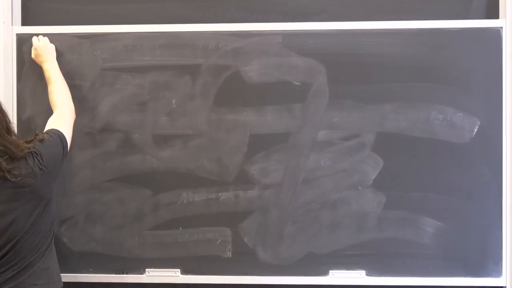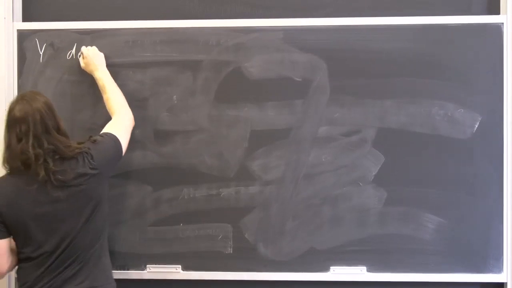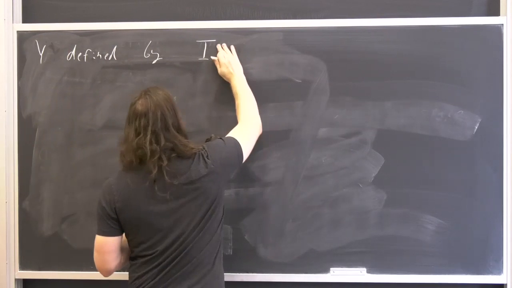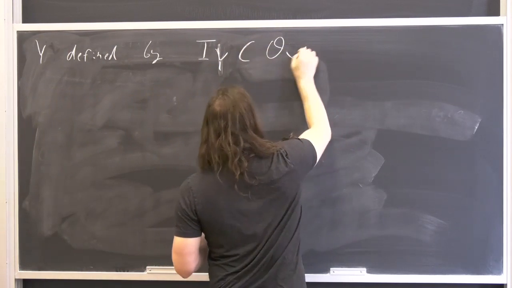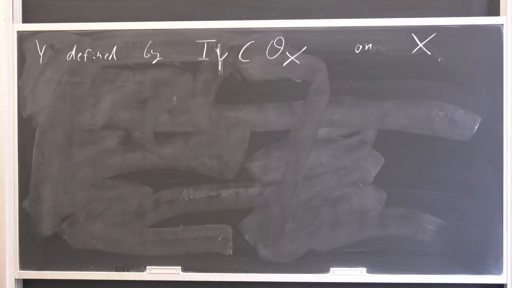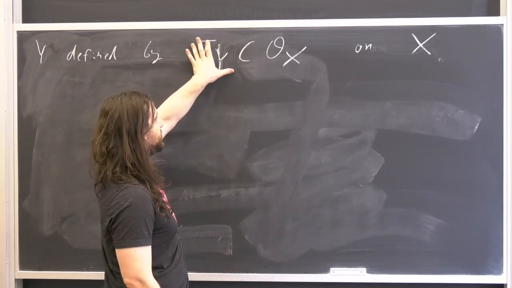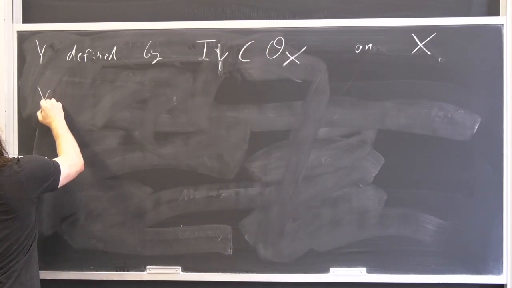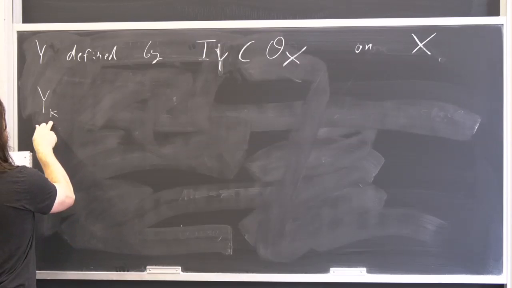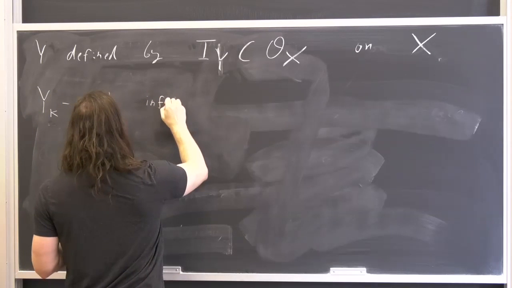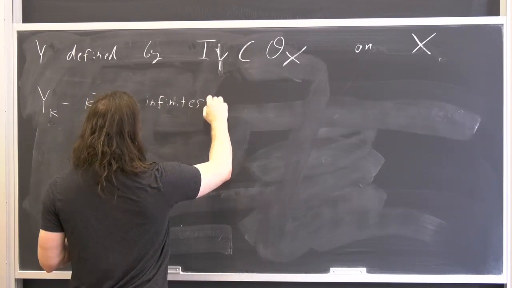So, suppose that Y is defined by the ideal sheaf, I_Y, on X, so I_Y is the sheaf of functions vanishing on Y. You can imagine Y just defined by some function, the ideal of functions. Then what we can do is for every integer k, we can define the kth infinitesimal thickening of Y,